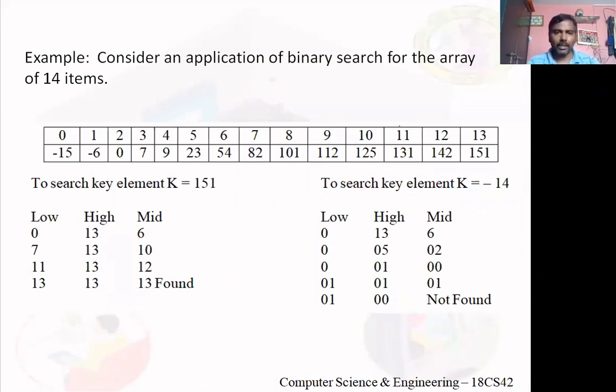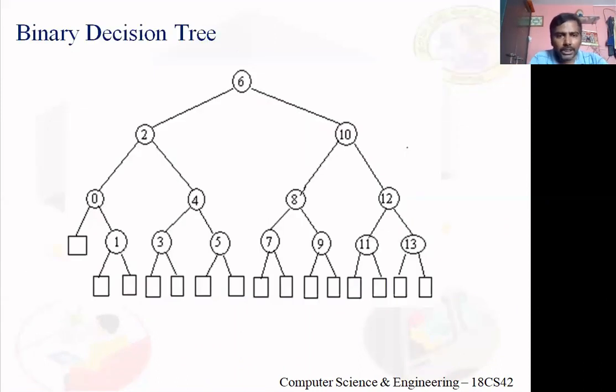I'll tell you in the binary decision tree. Now look, I want to locate the element 23. Clear? 23 is at index 5. Now assume you have constructed the binary decision tree. Traverse from the root node to node 5. How many nodes will you encounter? 4 nodes: 6, 2, 4, 5. Got it? This means to search an element which is at index 5, you require 4 comparisons.